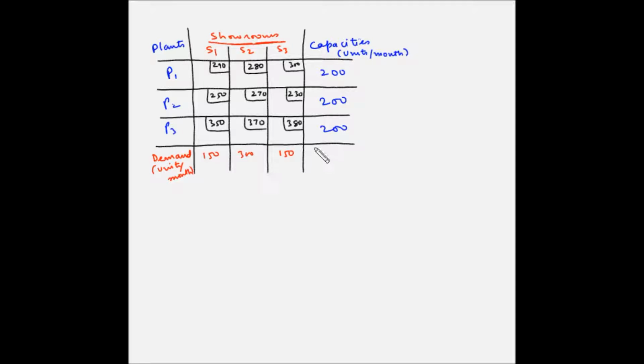total of demand. If the supply is equal to demand, then the problem is said to be balanced, and if not, a dummy origin or destination is added to balance the supply and demand. So here the total of supply capacity is 600 and the total of demand is also 600. So this is an example of balanced transportation problem. Now this problem has a maximization objective,